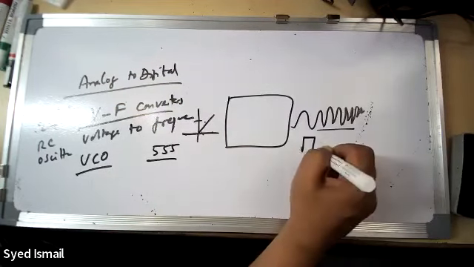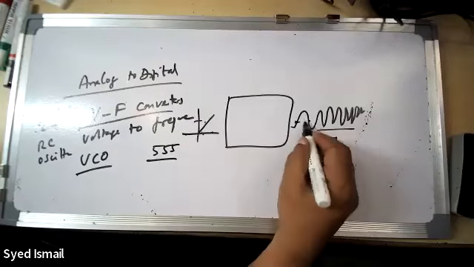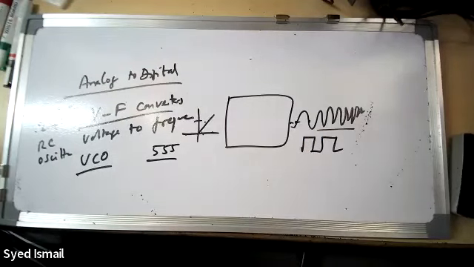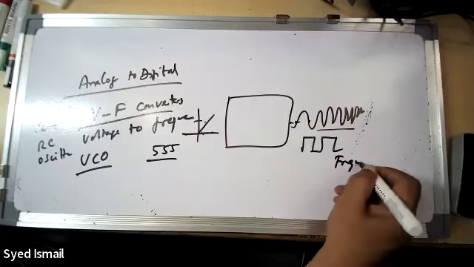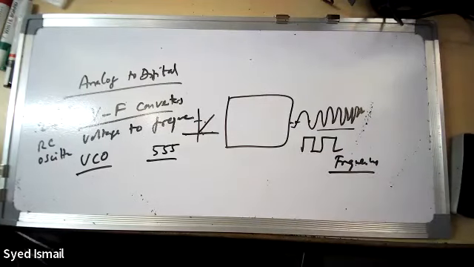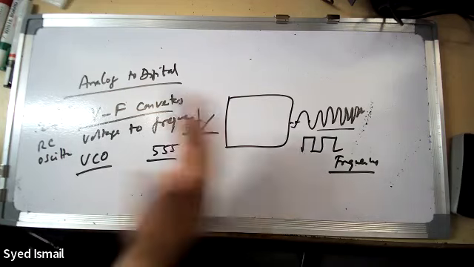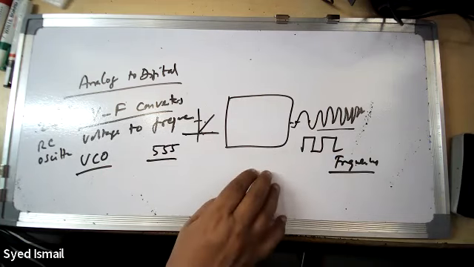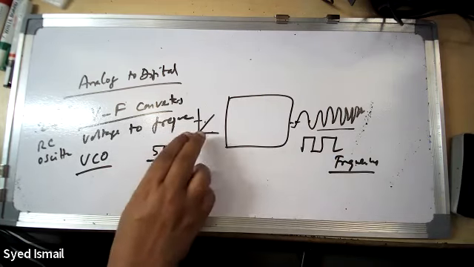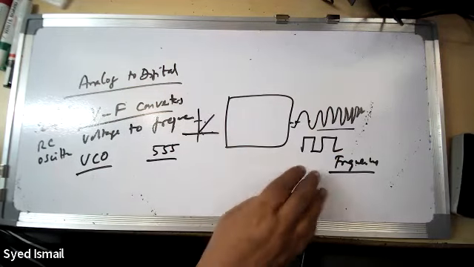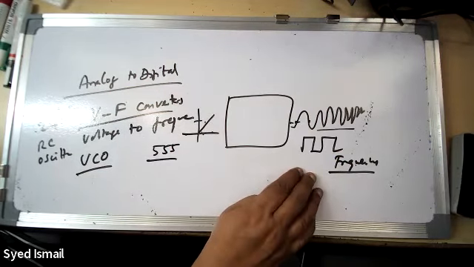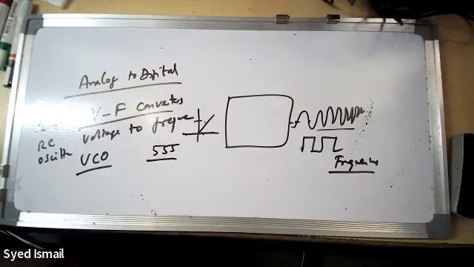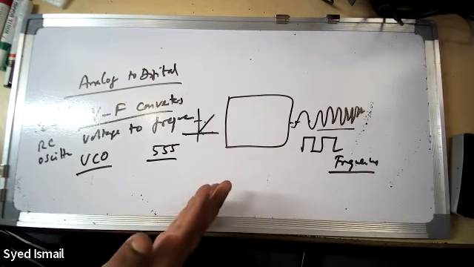Microcontroller is very good at timing. It can read the timings automatically between the pulses. That is the frequency measurement. When you make the frequency measurement, you can do it digitally. This is again something you can make yourself. But when you convert analog to digital this way, you don't get that much high resolution, because we normally require high resolution analog to digital. This is good for even 8 bits. You can make it good enough.